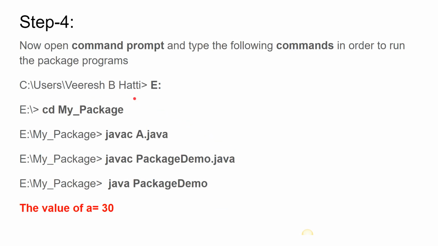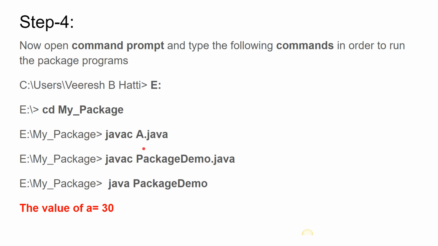So how to execute now? First open command prompt and type the following commands. When you open command prompt, you will see something like this. Just type e colon, press enter, and cd my_package. If you are using D drive, then D colon, press enter. Then javac A.java to compile, and javac PackageDemo.java to compile the main